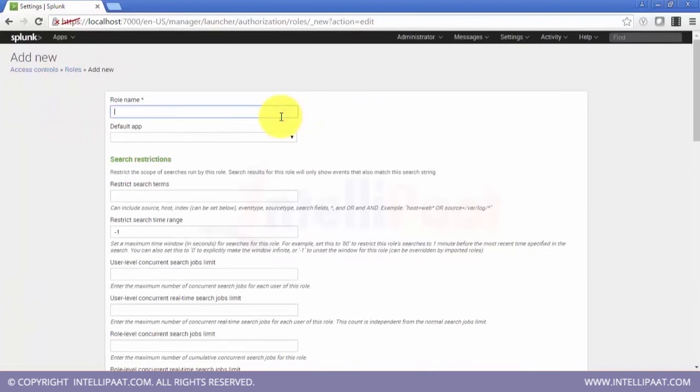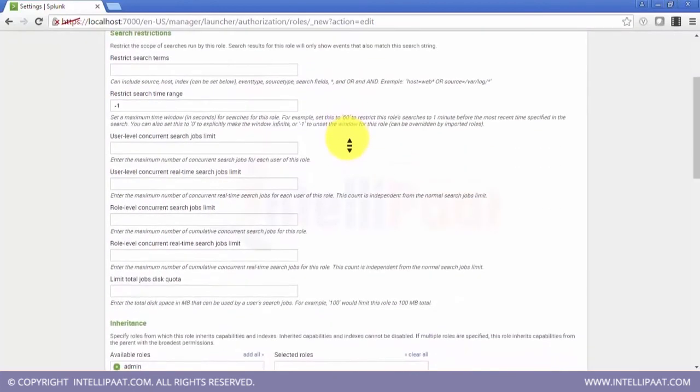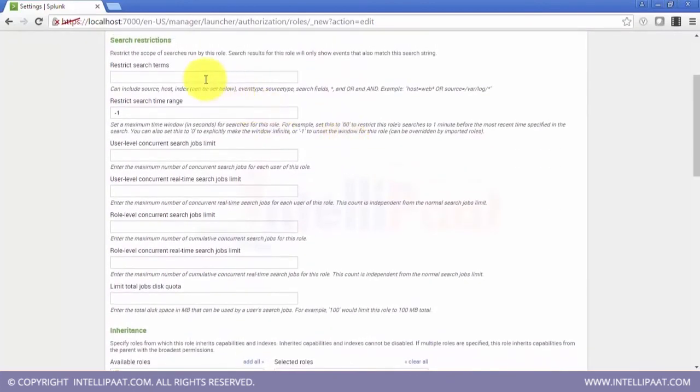So you have a role in mind, you give it a name. Suppose it's for the security user, so you give it security personnel. Then give the default app, again, which app you want the user to be in when he logs into the system. Next is restrict search terms. So where all he can search and cannot search. So those terms can be restricted.